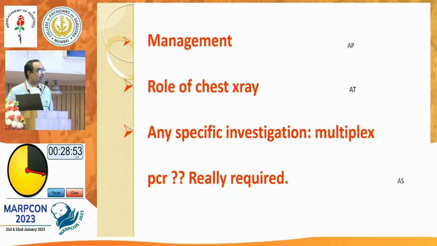So going back to Amol, can you just give a short comment on management of this child? So as the respiratory rate is more than 60 and work of breathing is also increased, we have to admit this patient, we have to hospitalize this patient. We have to give proper hydration. Then we have to manage the symptoms. There may be some nasal obstruction also. We have to use decongestant.